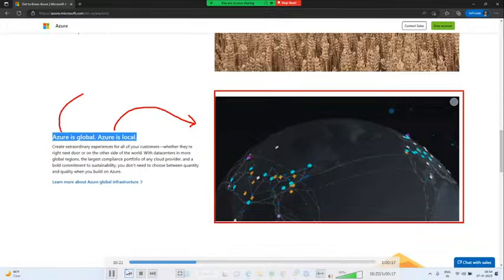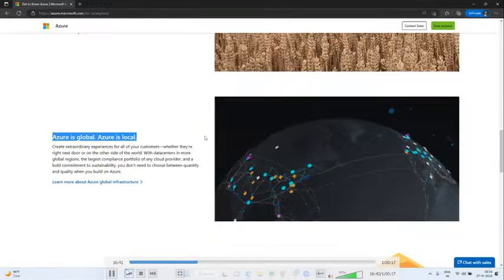Azure is also global. Your data can be maintained for high availability by storing it in different regions, so if one region is down due to technical or hardware failures, other data centers are there to provide high availability.